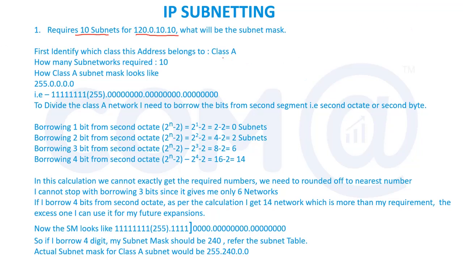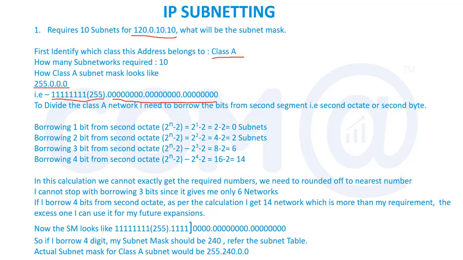Once you get into subnetting for class A, what is the default mask? It is 255.0.0.0. So the default subnet mask is given here, and I'm just converting that into binary. If it is a complete 255, all bits will be 1 and the rest of the bits will be 0. This is a binary calculation. What we are doing is represented in a decimal format, and I'm just representing it in binary format. So subnetting requires some kind of binary knowledge.